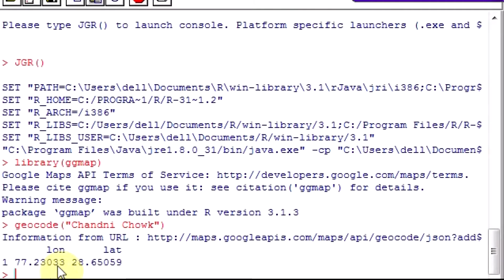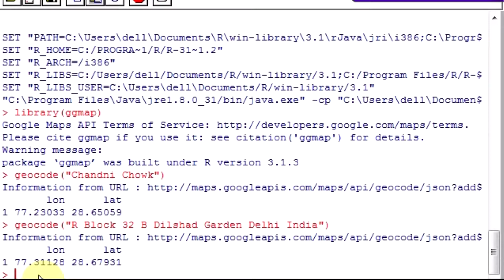It will give you the exact longitude and latitude of the word. It works the same way as Google Maps. So if you go to Google Maps and search for a place, this is what it will give you. Let's do this for the point we are sitting right now. This classroom. This will give you the exact longitude and latitude to 5 digits for this place.